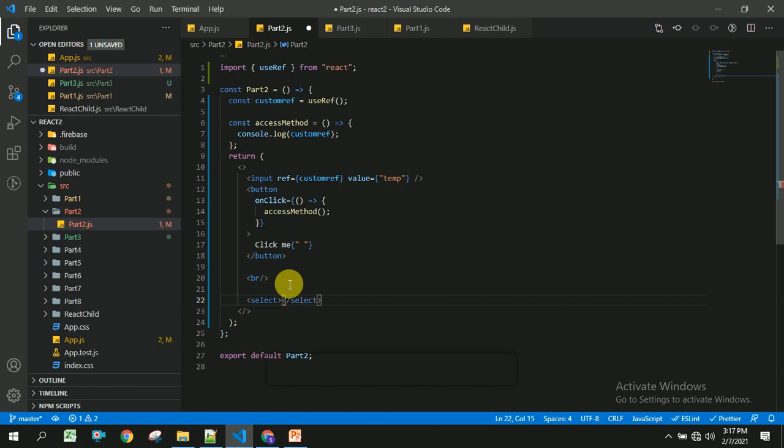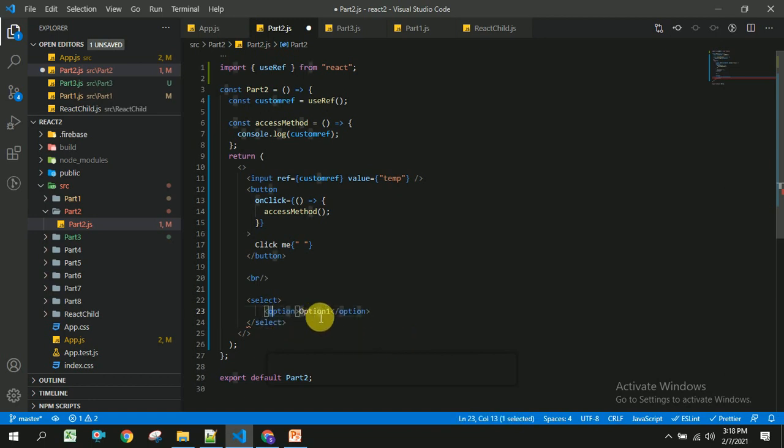Inside this select, I am going to place options, and to these options we have to give some data.